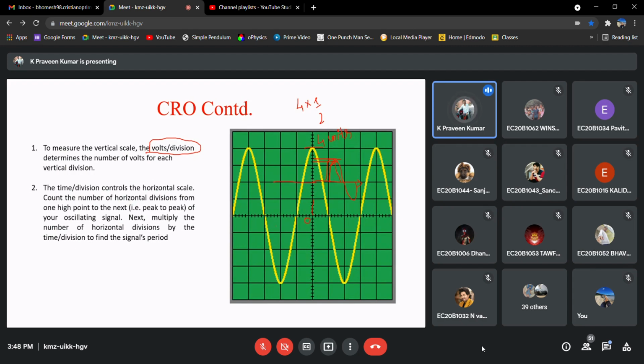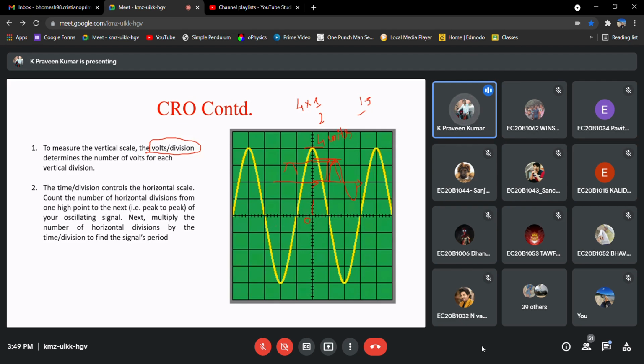Now if it is the case that your peak amplitude is somewhere between this 1.2 and 1.4, in general what people do is take the average, so maybe around 1.25, maybe 1.3, something like that, and take that value.